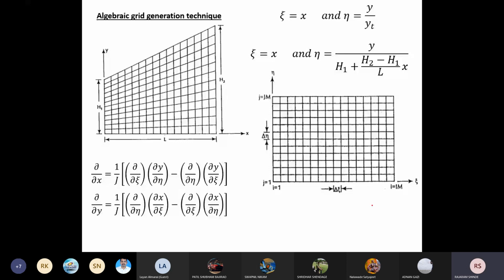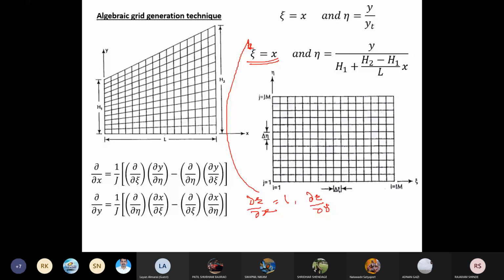Now if we go for the matrix terms, the first matrix term is the derivative of psi with respect to x. Now if you go for this equation, here xi is equal to x, so your derivative is 1. Next, the second matrix term is psi with respect to y. Now as it is not a function of y, when we differentiate this equation, you will get 0.